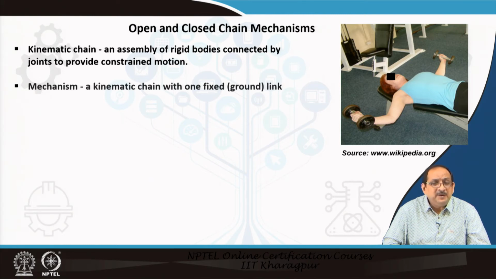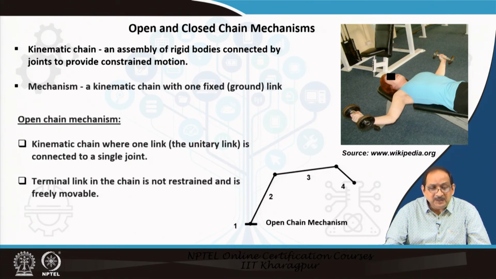Now, what is a kinematic chain? A kinematic chain is an assembly of rigid bodies connected by joints to provide constrained motion, whereas a mechanism is a kinematic chain with one fixed link. Now, in case of an open chain mechanism, the kinematic chain